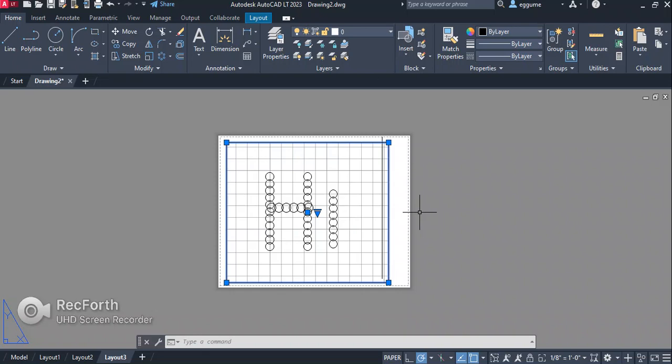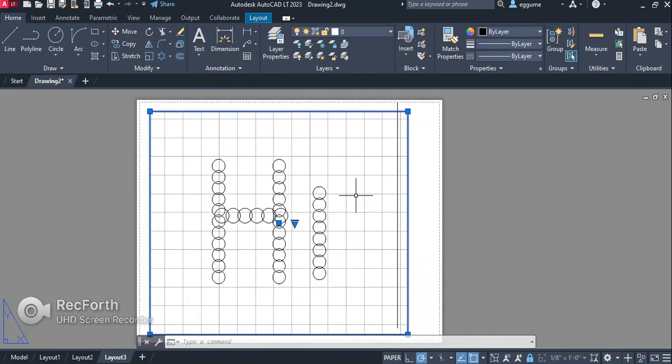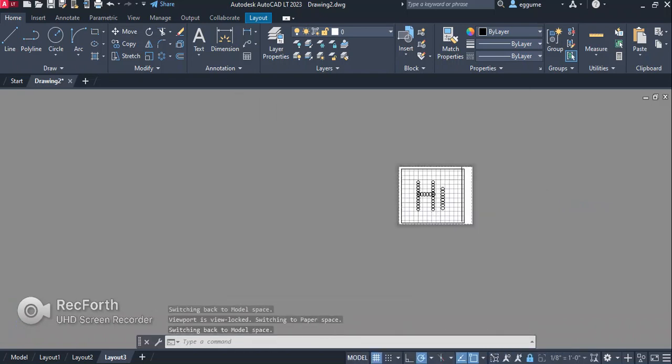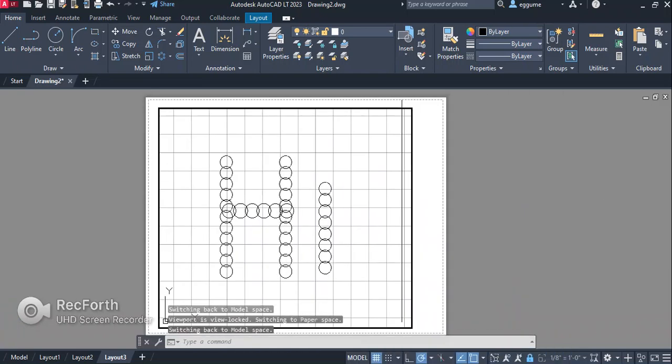And then another thing you can do is lock that scale. If you're working in that viewport and you don't want the scale to change accidentally because you scrolled, you can lock it by hitting this lock button here. Since it's shaded blue, it means it's locked, and I cannot change the scale by going in and scrolling up and down. It just makes the paper